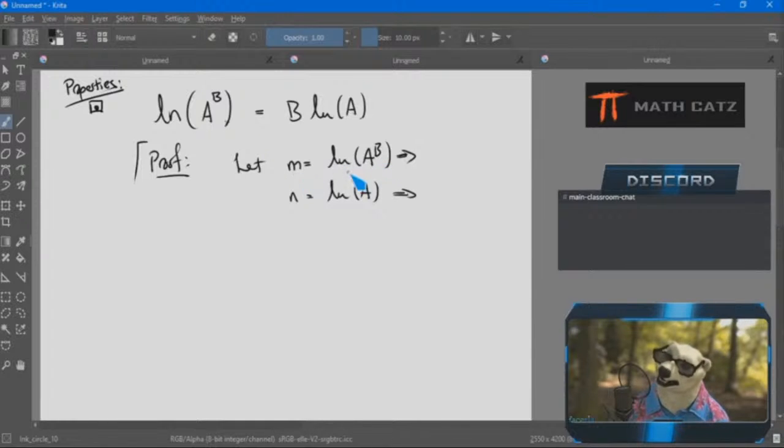if m is the answer to the log calculation, that means e to the power of that answer is going to give me a to the b, the stuff in the bracket. If n is the answer to a log calculation, then e to the n is going to give me a. Okay, so then,